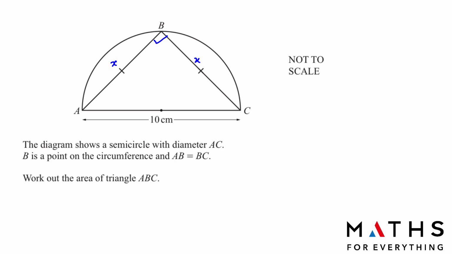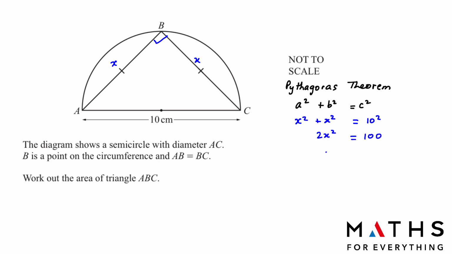We can use the Pythagoras theorem to find out the value of x. A square plus B square is equal to C square. C is the hypotenuse. Hypotenuse is the line opposite the right angle. So AC is our hypotenuse, and A and B can be either of the sides. When you add x square plus x square, you are going to get 2x square is equal to 100. Divide 100 by 2,